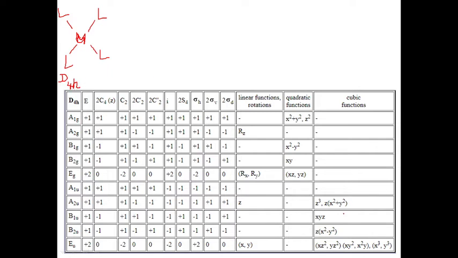So we are having the character table D4h in order to be able to reduce the reducible representation. So let us as usual call the 4 bonds R1, R2, R3 and R4. Now what are we going to do? We are going to see how many bonds are unshifted through each of the following operations of the D4h point group.